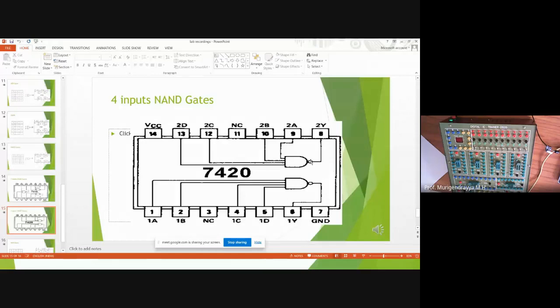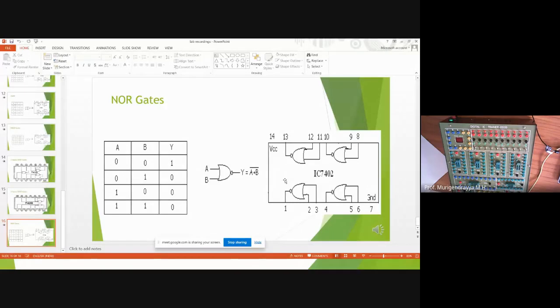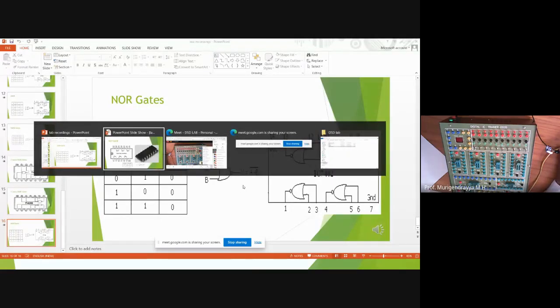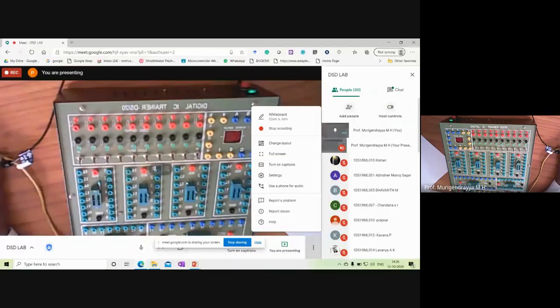These are the different ICs. If you want to use a 3-input NAND gate, there is a different IC. The 3-input NAND gate is different. The 4-input AND gate IC is different. Okay. Then this is the IC for the NOR gate, 7402. Okay. So this is how the logic gates work. Okay. Now